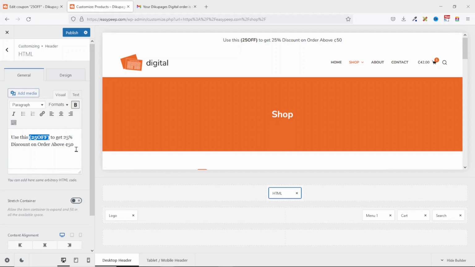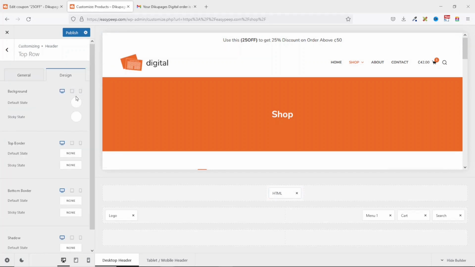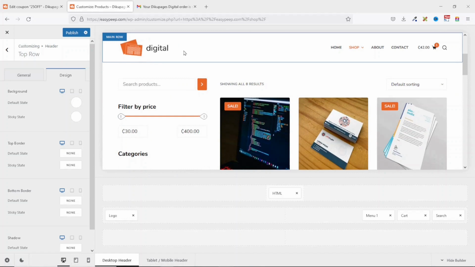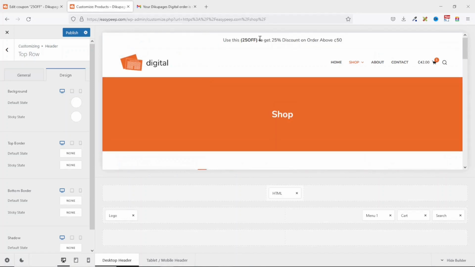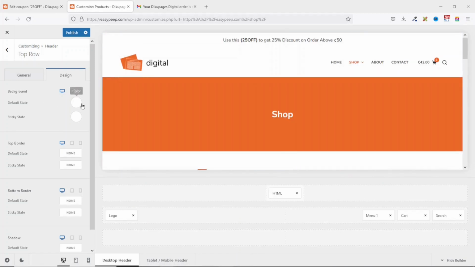One thing we can also do is go ahead and change the background color of the top row. So we select it, then we go over to design. In here, you'll be presented with two options. You can change the default state color and then the sticky state color. Remember, our sticky functionality was set to the main row only. If I scroll, you see that the main row will be sticky and the top row will hide. So if you want the top row to be hidden upon scroll, you only need to work with the default